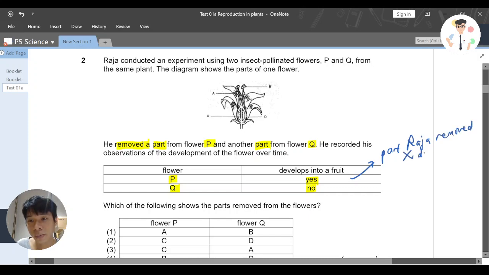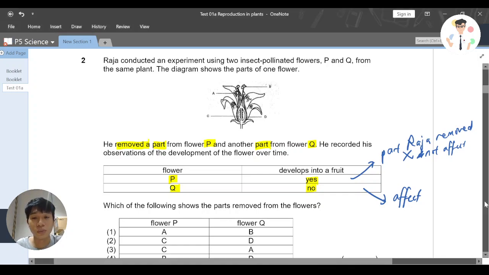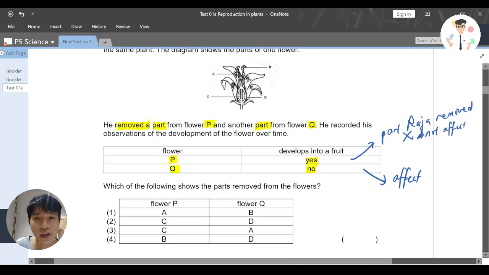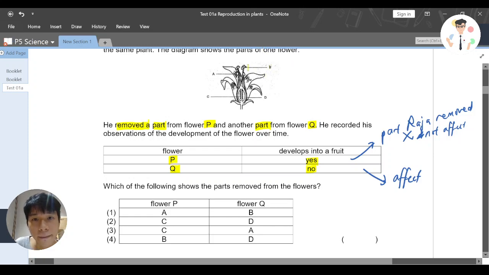does not affect the fertilization, whereas for Q, the part removed actually affects the development of the flower. So what you are supposed to do is check which part, if you remove it, does not affect. You should straight away look at A, B, C, D. You should know that the anther, if it is removed, doesn't affect. Why doesn't removing the anther affect? It produces pollen grains, and it seems very important,